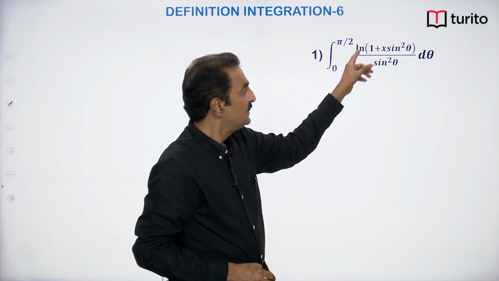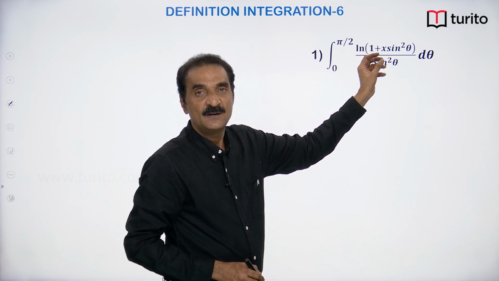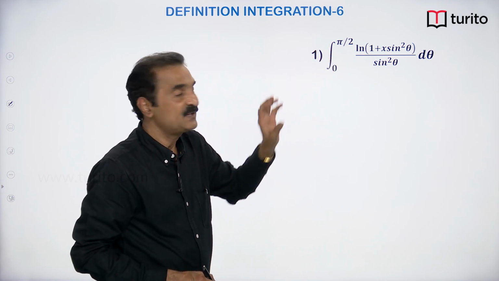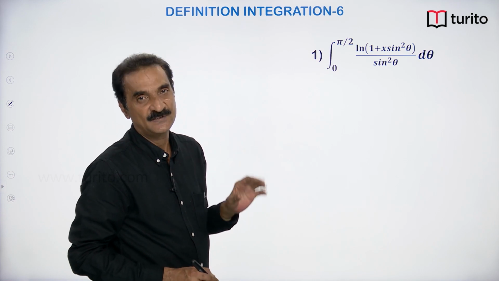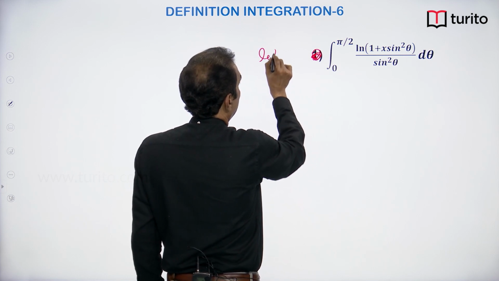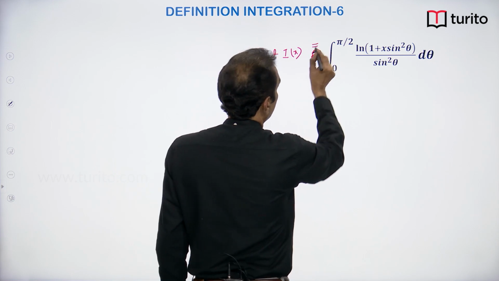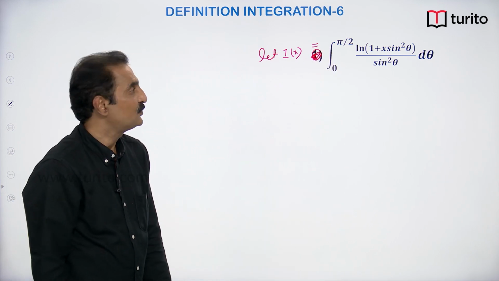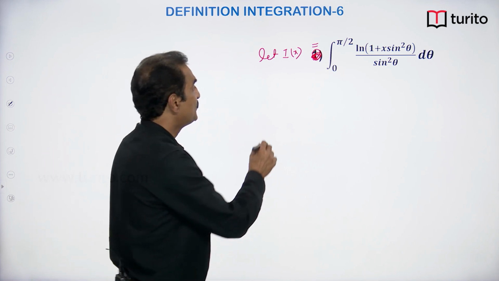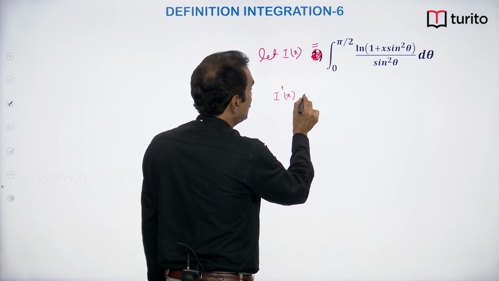Since we are integrating with respect to theta, after integrating, if you substitute the limits of theta, finally x will be remaining in the definite integration. So let us take this as a function I of x. Let I of x be equal to integral 0 to pi by 2 log of (1 plus x sin square theta) by sin square theta. Now what will you do? Differentiating with respect to x, I dash x is equal to,